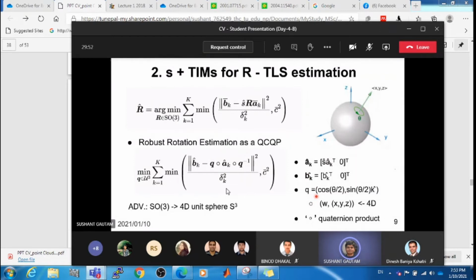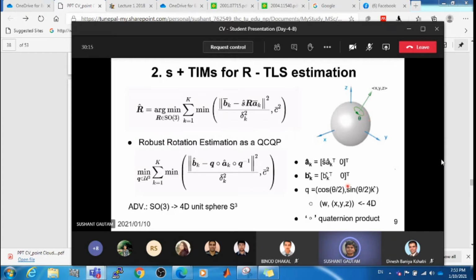This is a quaternion. No need to get scared by the name. Remember, it is a 4D representation of rotation. Look at this unit sphere. It can be used to represent any 3D rotation with 4 parameters. Across this 3D vector x, y, z, you can rotate this unit sphere by angle theta. So rotation by theta is the new component added to this 3D vector to make it 4D, to represent rotation. This is one way of explaining a quaternion.